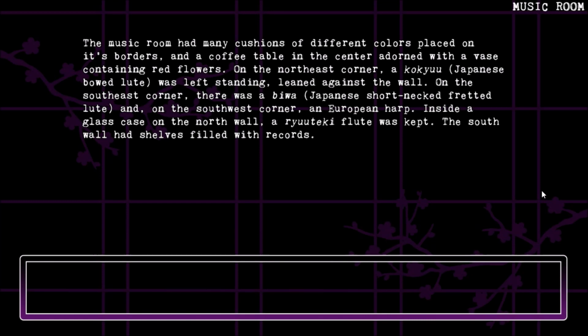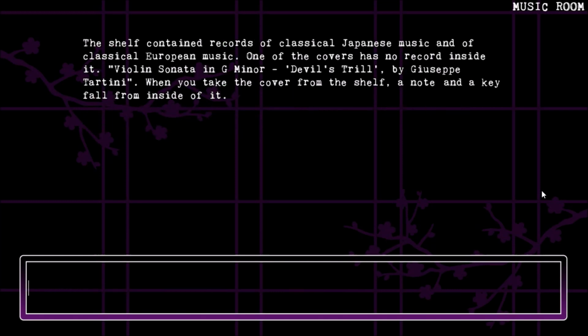and you just interact with the shelves, all the records, whatever you want to call it. And you can see here that there is a cover without a record inside, and this is something that you would see in the living room. In the phonograph, you will see the record that belongs to this cover, and you can see that there is a note and a key inside this cover, so you can read the note,